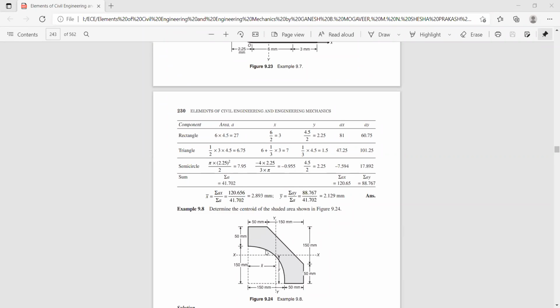So first we shall take the whole rectangle as figure 1, this quarter circle as figure 2, and this triangle as figure 3. If you have a pen and paper, take out the paper and pen and note down the values. Later on we can check with the values that have been given in the tabular column. So please write down this figure.